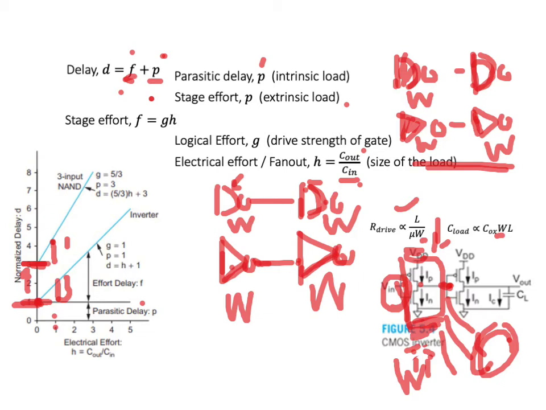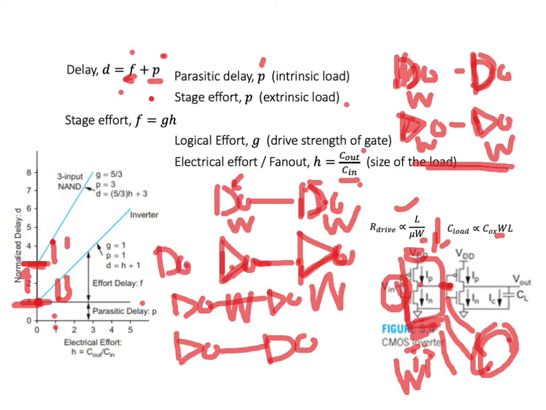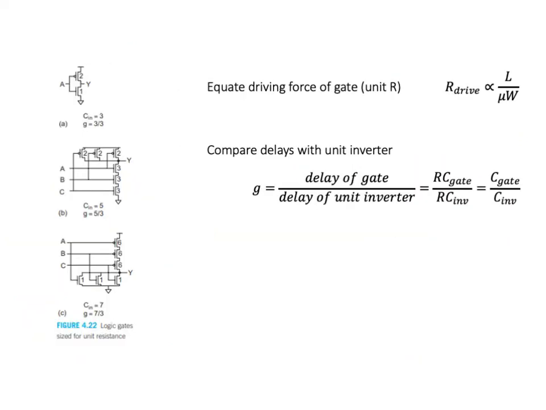But what if we wanted to consider what is the relative difference of a NAND gate driving a NOT gate driving a NAND gate versus a NOT gate driving a NOT gate? Or we wanted to consider the effect of a NAND gate driving a NOT gate as compared to a NOT gate driving a NOT gate. Well, for that, we would need to look at the logical effort portion of this model.